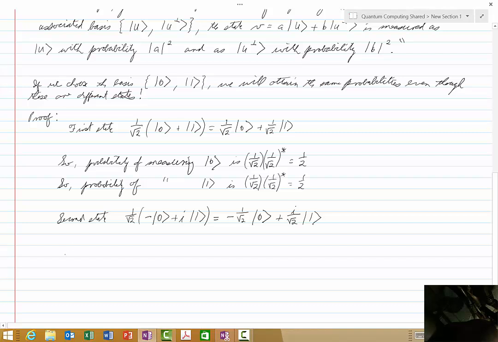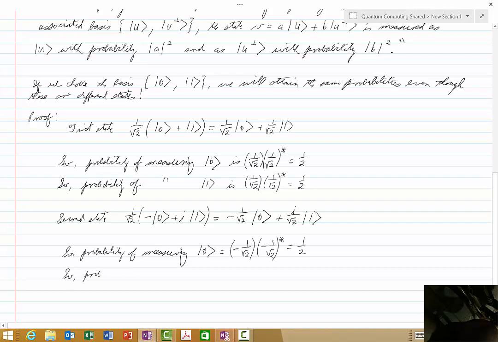So the probability of measuring the 0 ket is now, and this time we take this coefficient times its complex conjugate, so we would have minus 1 over square root of 2 times minus 1 over square root of 2 complex conjugate. And again, you remember, of course, that the complex conjugate of a real number is just itself, and so we get 1/2,